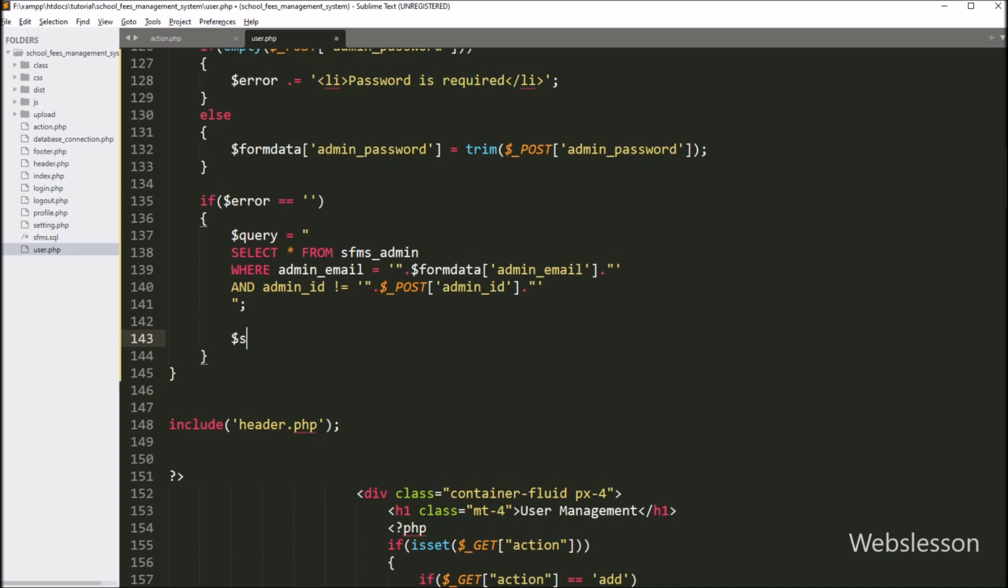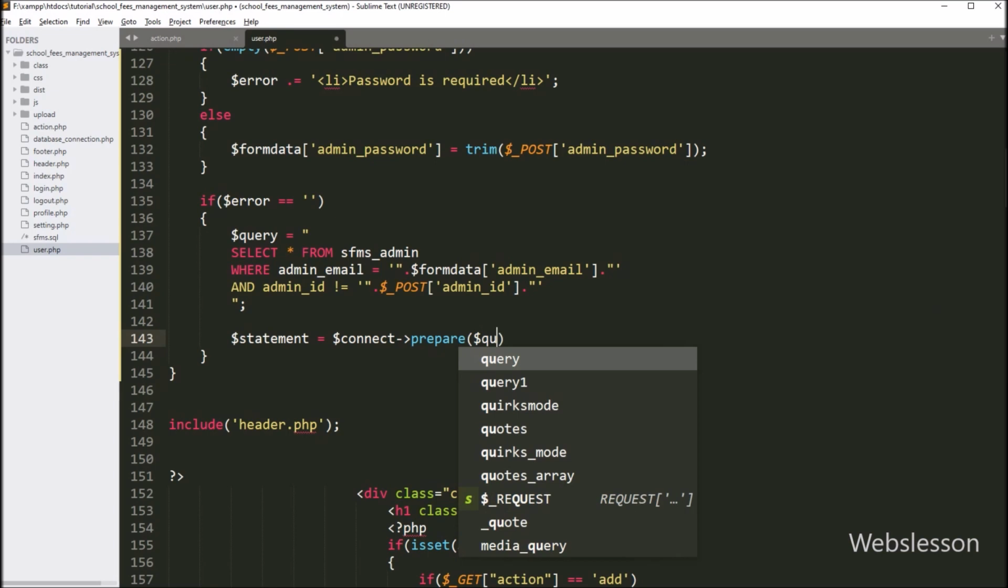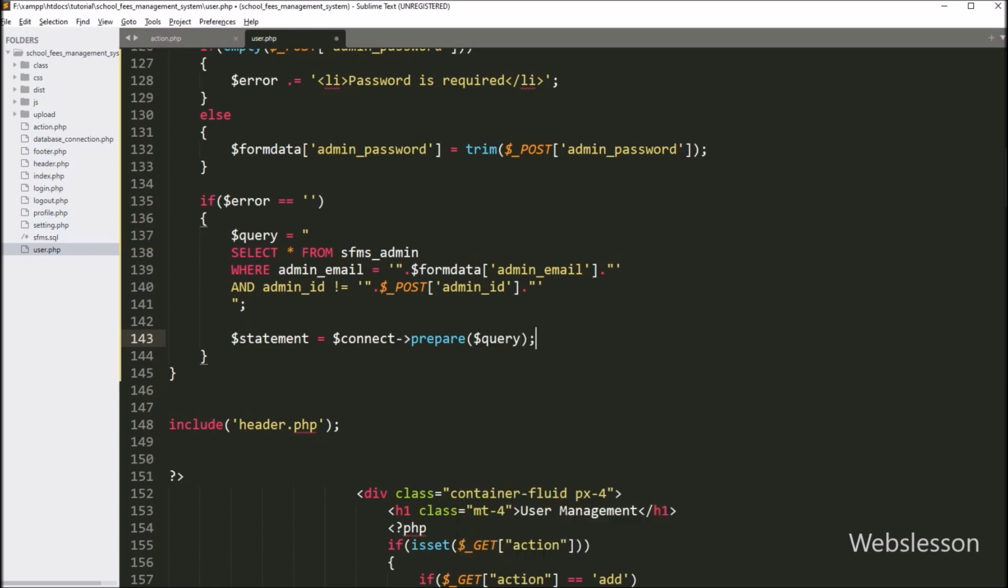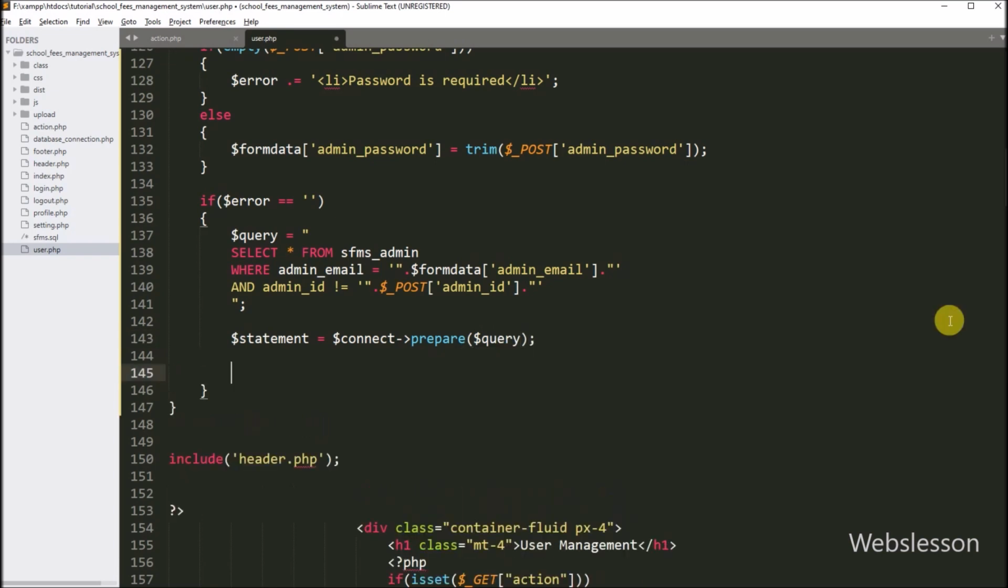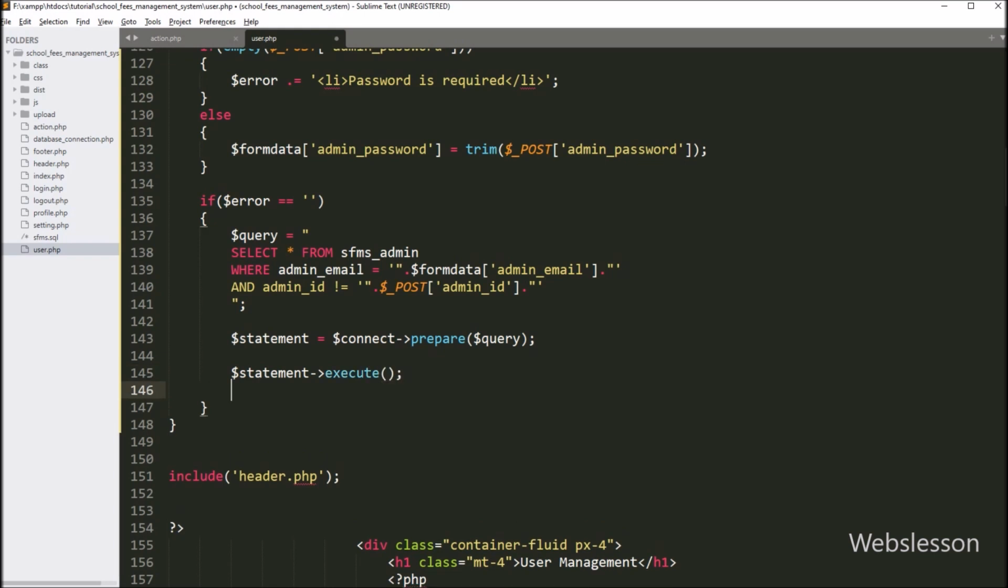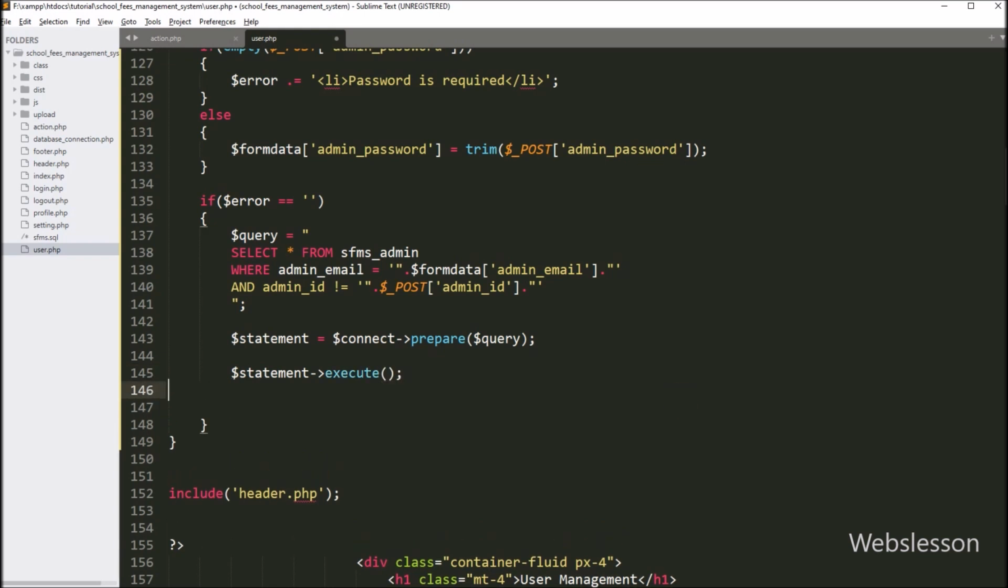Now below this query, we have to write $statement variable is equal to $connect variable with prepare method. And under this method, we have to write $query variable, so this method will make query for execution. Now we want to execute above query, so here we have to write $statement variable with execute method. So this method will execute above query, so after query execution, we want to check number of row affected after